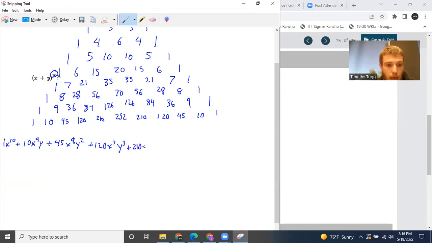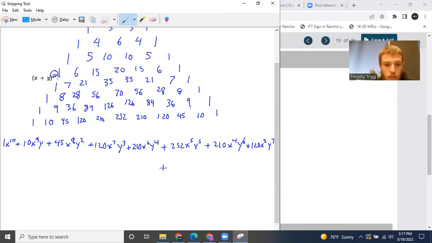210 x to the 6th, y to the 4th, plus 252 x to the 5th, y to the 5th, plus 210 x to the 4th, y to the 6th, plus 120 x to the 3rd, y to the 7th,